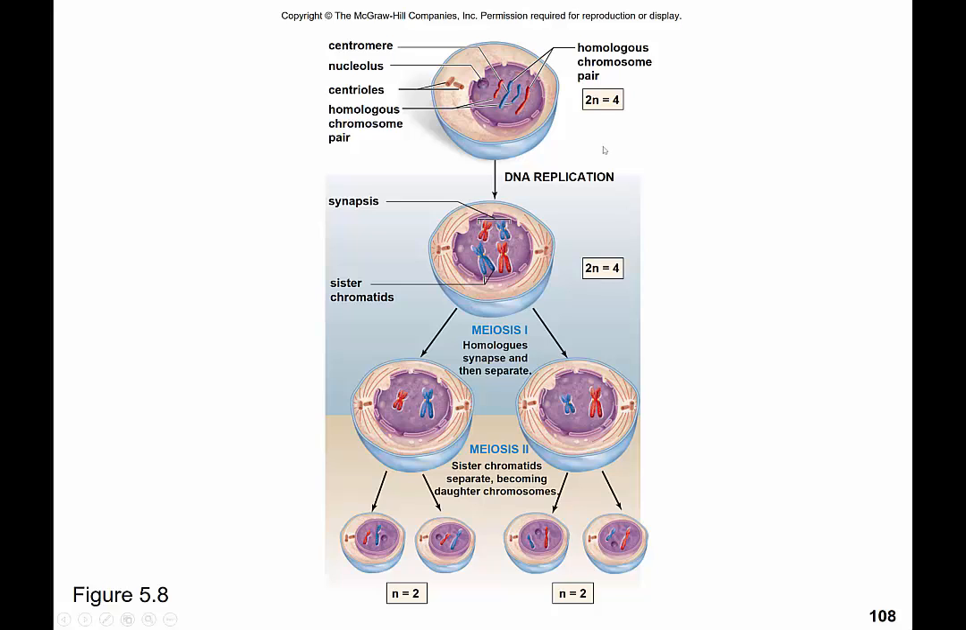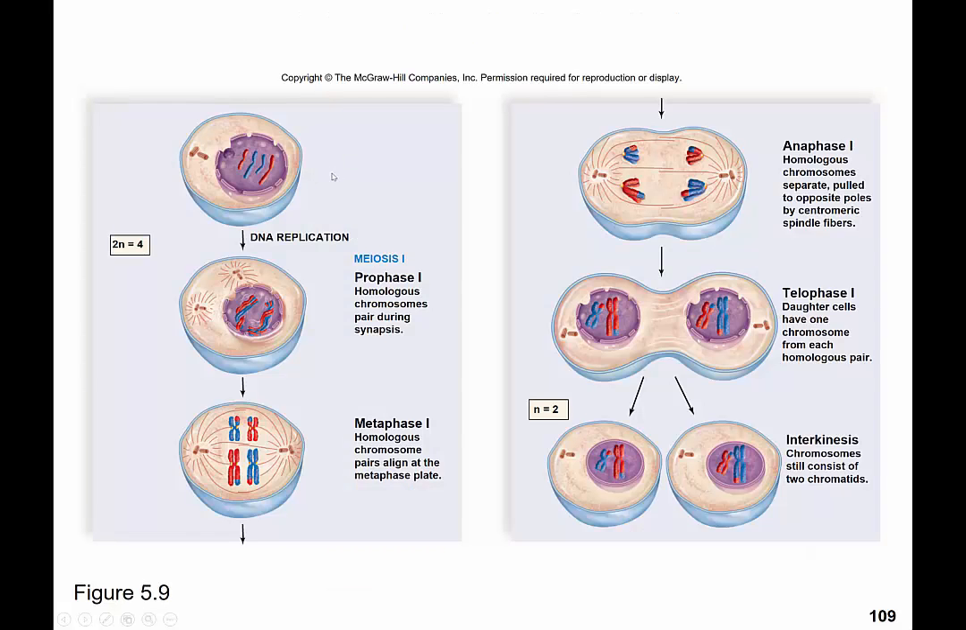After interphase, in which DNA is replicated, meiosis undergoes first one nuclear division and then a second. And so we're left with 4 haploid daughter cells. During the first nuclear division, we still have prophase, metaphase, anaphase, and telophase, but it looks a little different than